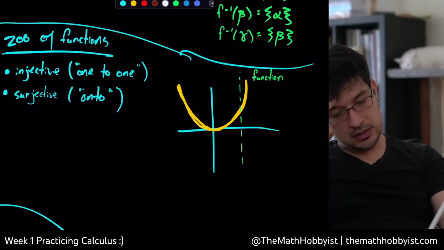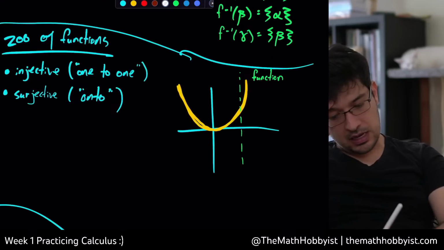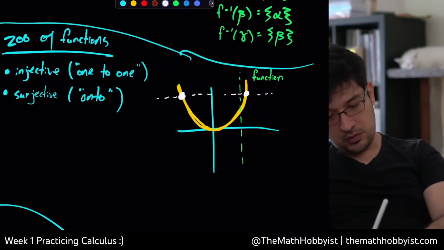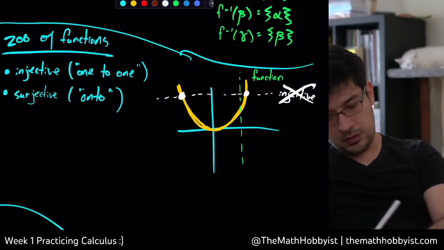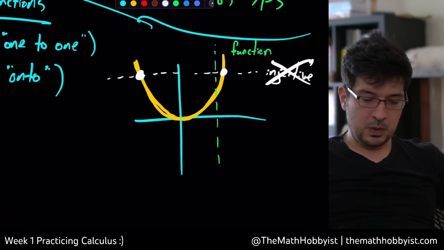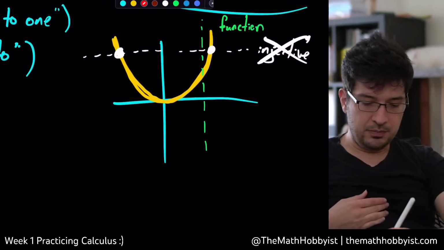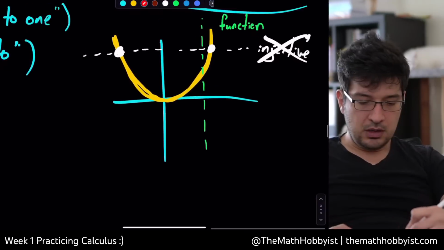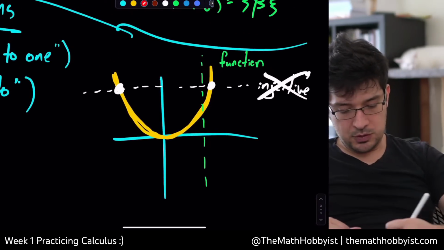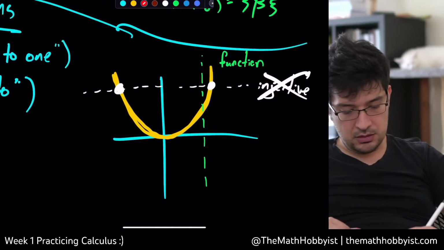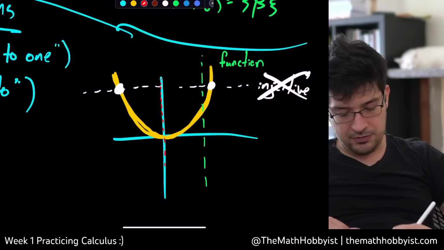It does not satisfy the horizontal line test, so it is not injective. It is not injective. It also is not surjective, because if you check for every y value,